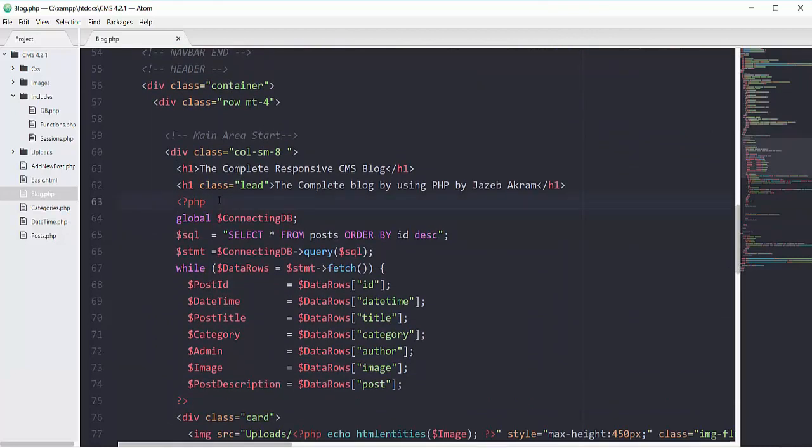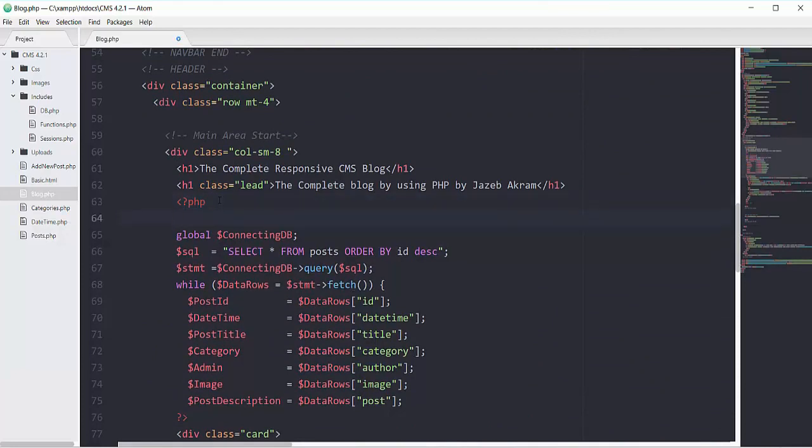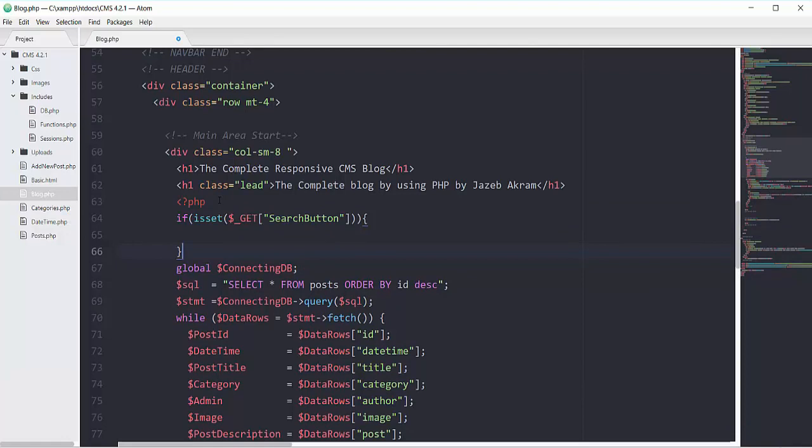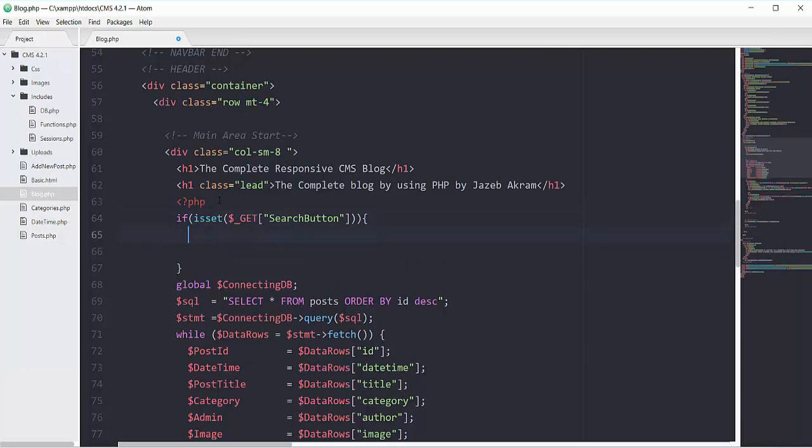So right in this column, right after the h1 tag where we have this PHP scope, I will add that if condition here, and after saying if that button is set, we have to grab our input field. So I will have another variable here with the name of search, and that variable will get our input field. So by using super global of GET, now I have to specify the name of my input field.